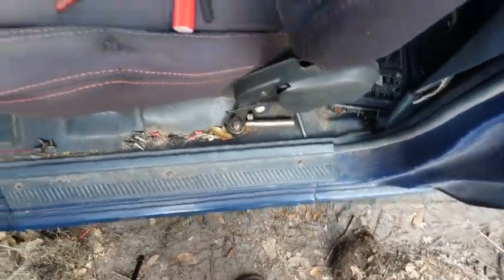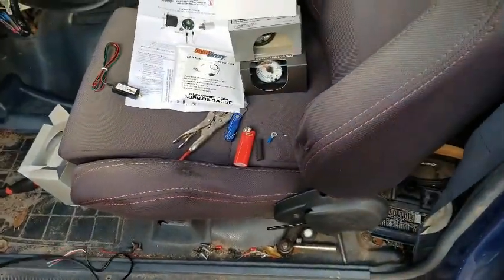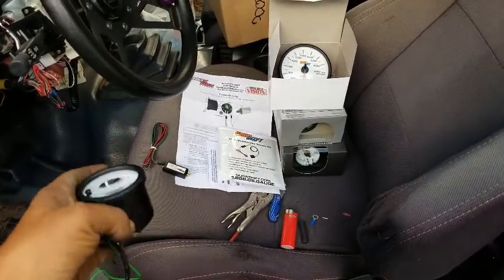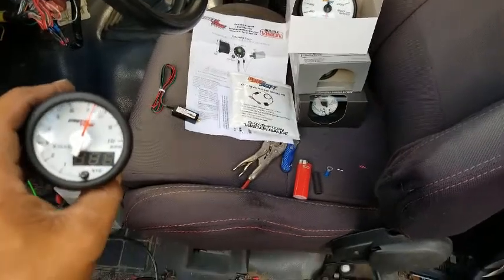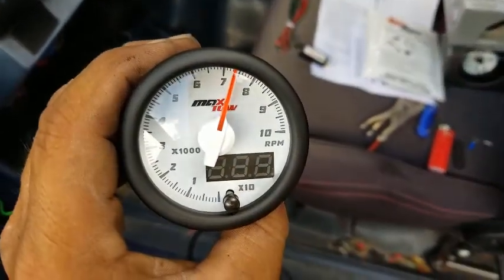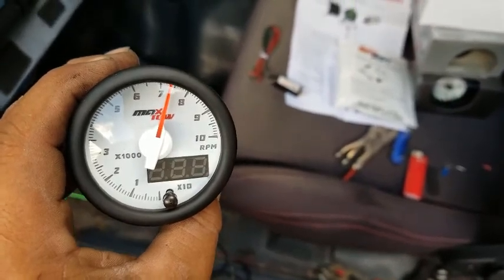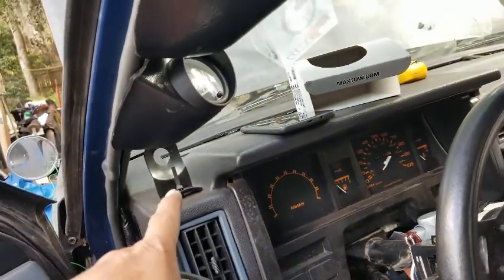Okay, so I got more Glowshift gauges. At the moment I'm gonna work on installing this RPM gauge or tack. The one I did have here, if you guys have noticed, I haven't had this one for a while because